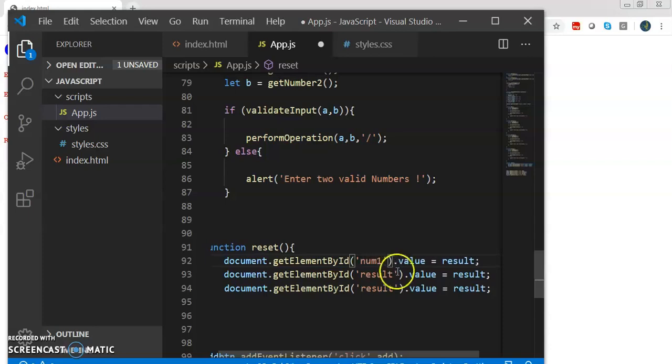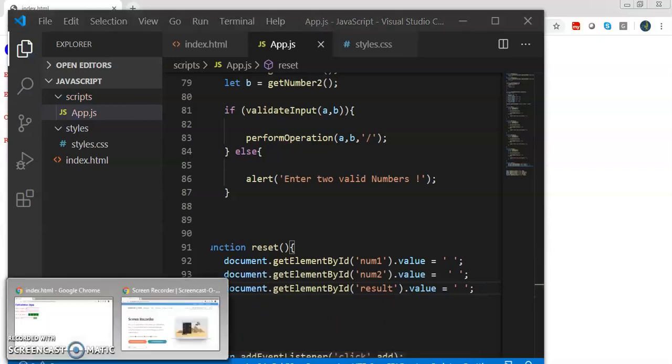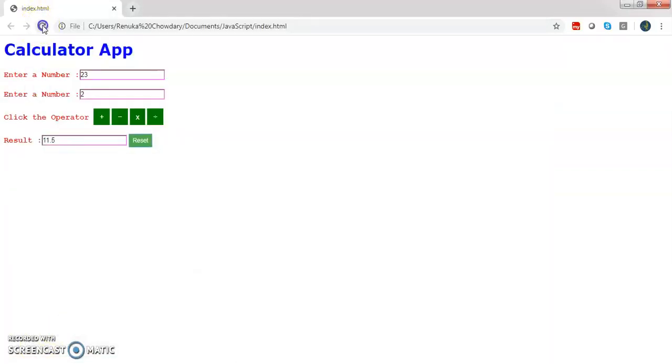So the num1 should be set to blank, num2 should be set to blank, and the result also should be set to blanks. So now save it and launch in the browser. And then it resets